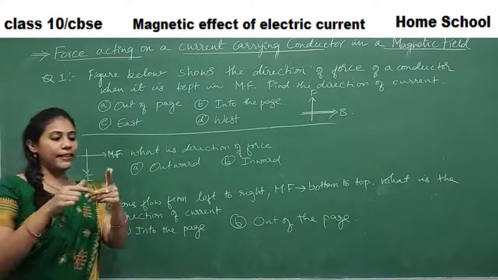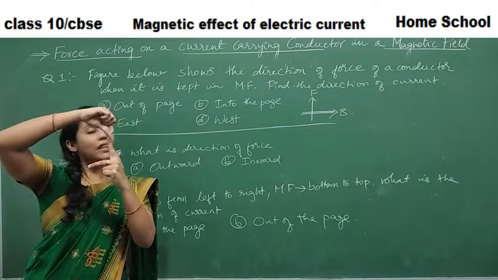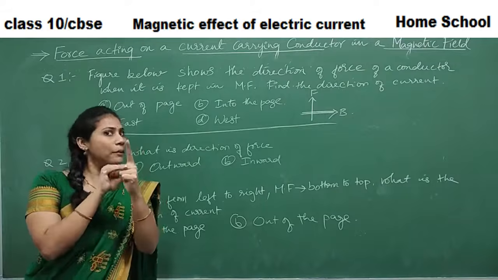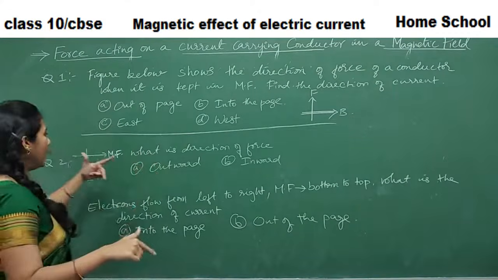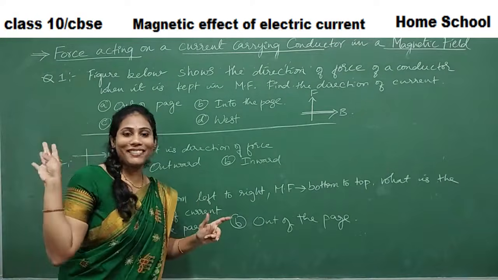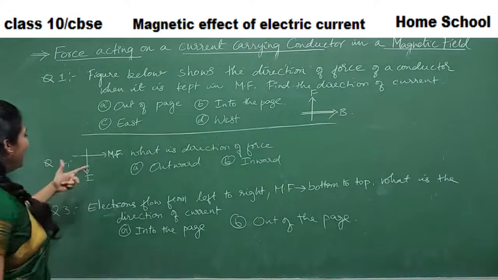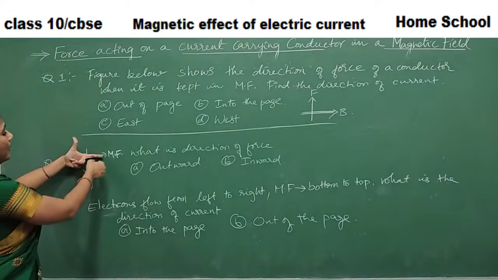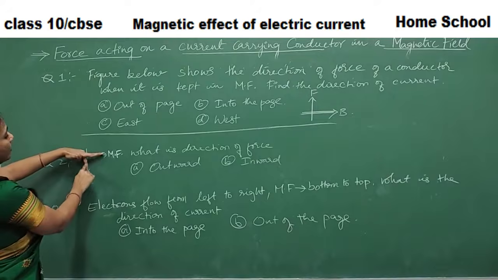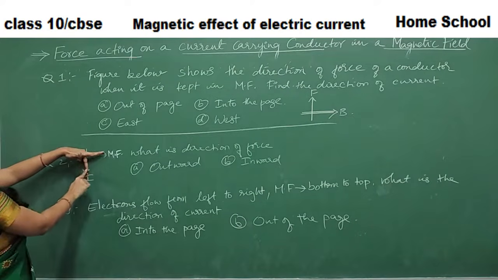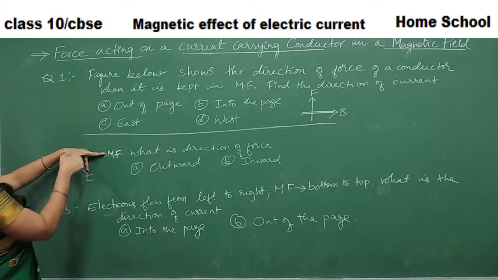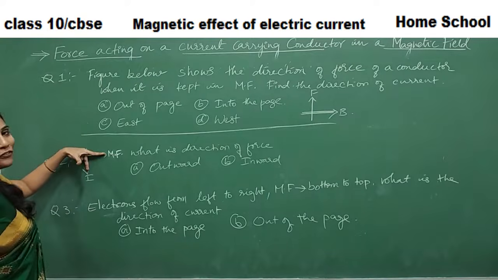We know that our index finger is for magnetic field, middle finger is for current, and thumb finger is for force. Now let us apply Fleming's left hand rule. You have to take only the left hand, guys. You are not supposed to take the right hand. Magnetic field is my index finger, so I'll place my index finger like this, left to right. And this middle finger is the current. Current is going downwards, so I'll place my middle finger downwards. See what is the direction of my thumb finger? This is the direction of force, no?